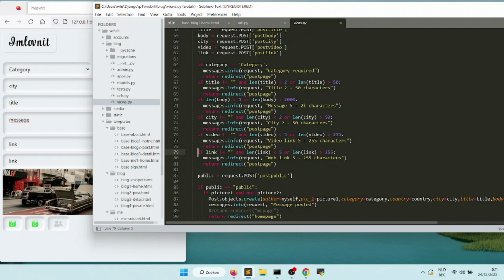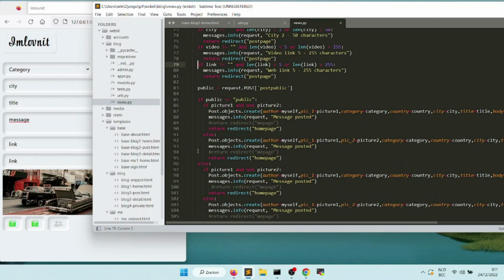When all fields meet requirements, the task continues, which is collecting the value of our button to mark the post as public or private. Remember, when the user has no JavaScript enabled, the value will always be public. In case the value is public, we will first check if only the required picture is submitted without a second one. If that is the case, we can create our post and save all our variables in our post model